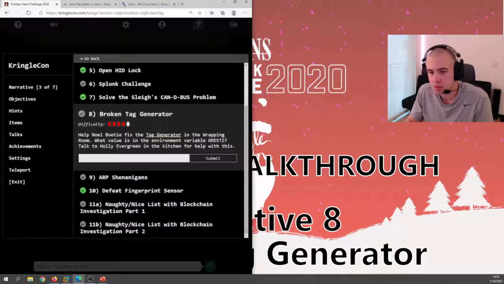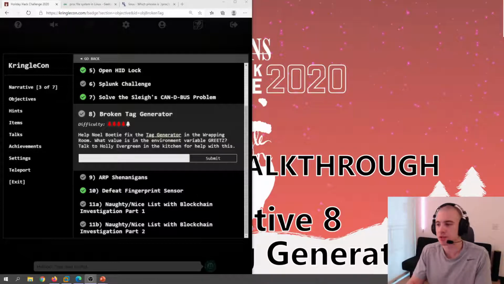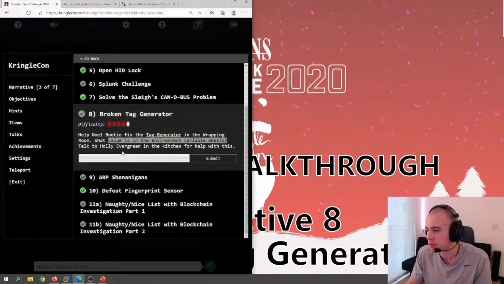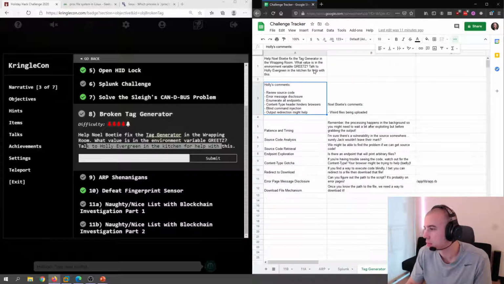So for this challenge, it says we need to find the environment variable greets, or the value that's stored in that environment variable. And we can talk to Holly for help with this. So I have pulled out, just for ease of reading, all the applicable hints. So Holly said the following, or basically I summarized it, but review the source code,